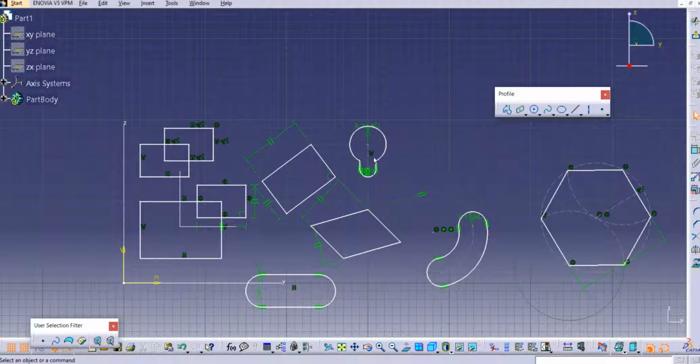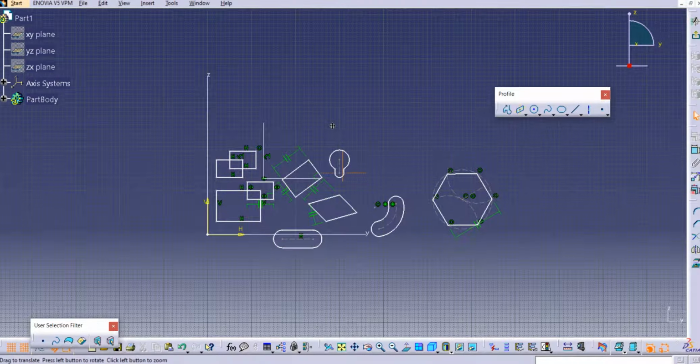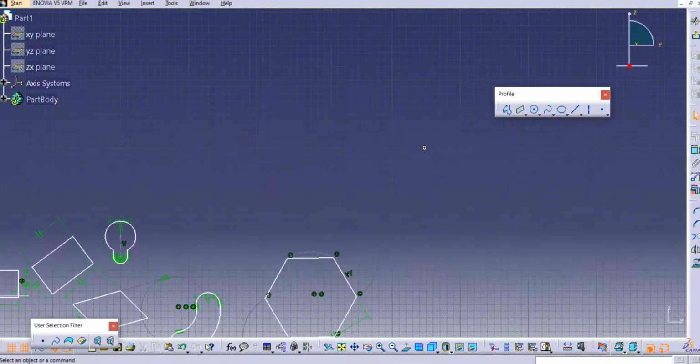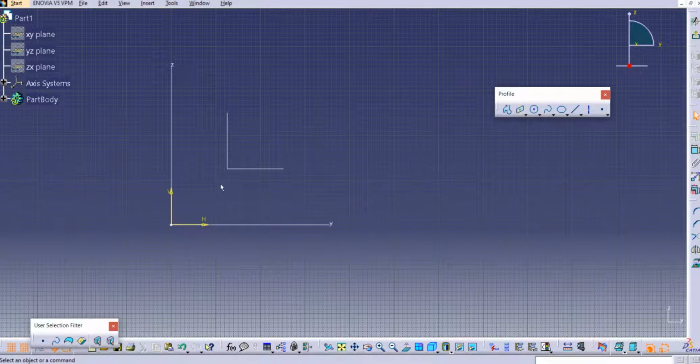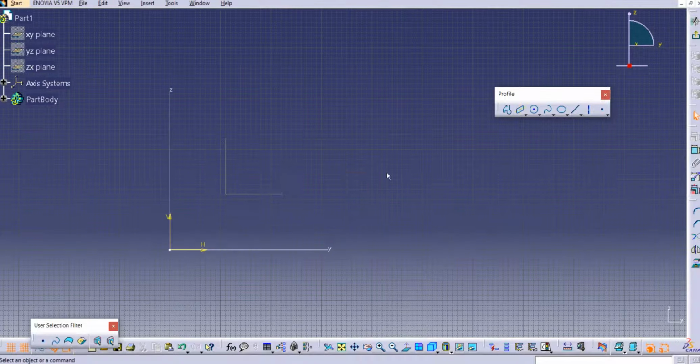So now we will see the circles, how to create circle profiles. Just close this one. I will delete all these sketches for the rectangles, and again for the circles we have multiple options available. The first is the center. You have to just provide the center and it will create a circle for you. The second option is nothing but a 3-point circle. So you have to provide the 3 points, and it will create a circle.